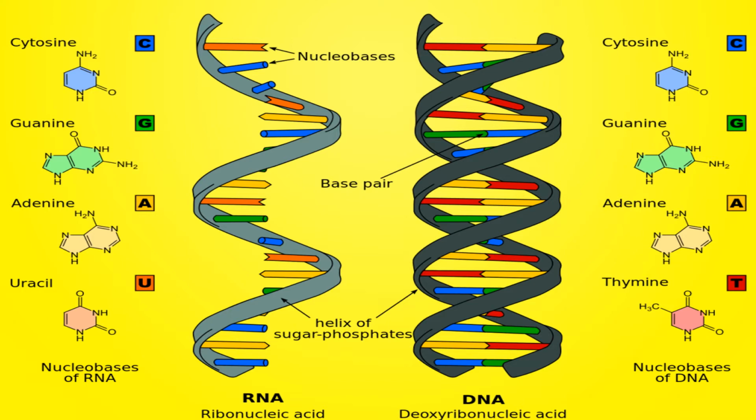One more basic difference you will find here. In the DNA there is thymine, a nitrogenous base, which is found in the DNA but not found in the RNA. Then what is found? In place of thymine there is uracil. So this is another difference, and you can find it here. Remaining, you will get more differences further.